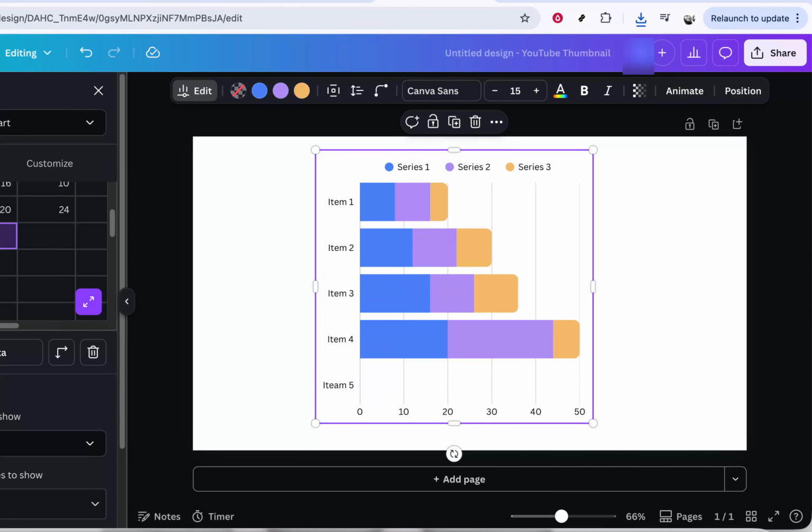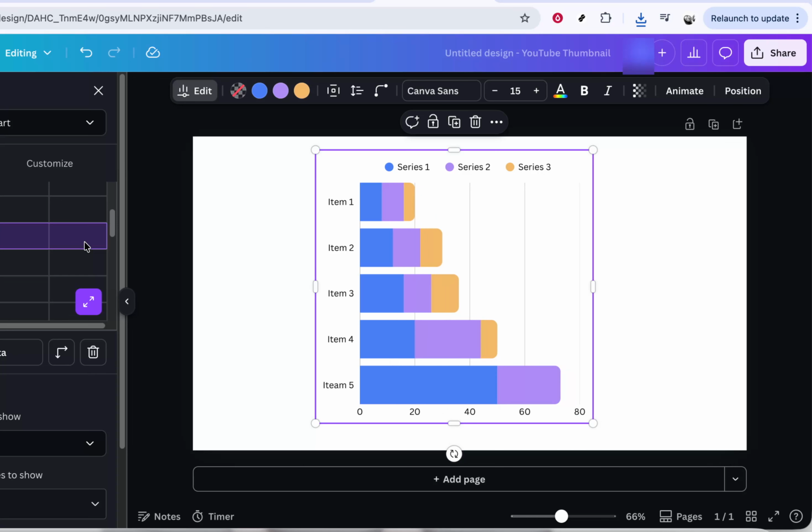Click into the cells and start typing your values, just like you would in a simple spreadsheet. Replace any sample labels and numbers with your own categories and data points. As you type, notice that the chart on your canvas updates automatically to reflect the new information. Continue adjusting your values until the chart matches the data you want to present. Once you're done, you've successfully input data into your Canva chart, and it's ready